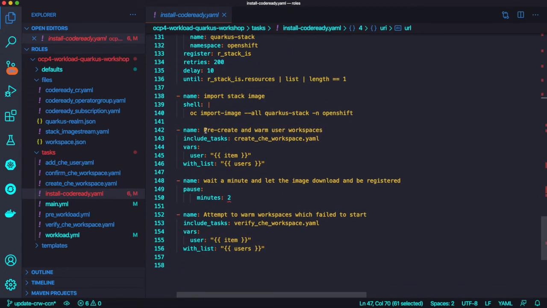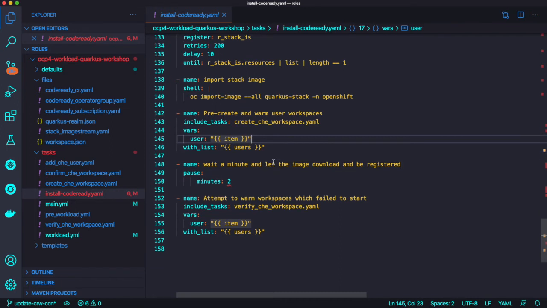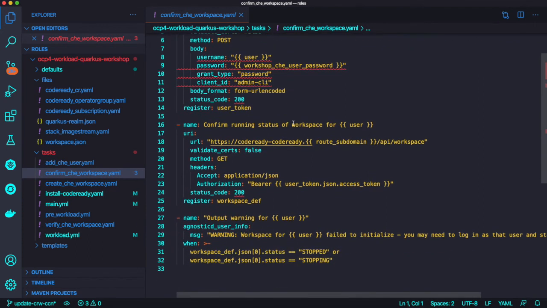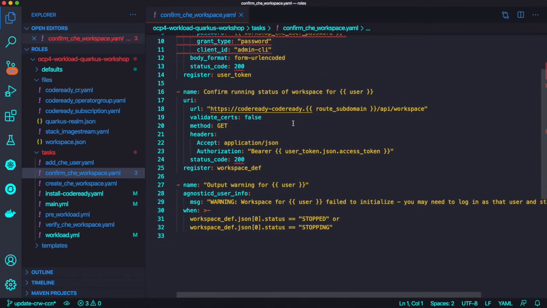And the last step is to pre-create and warm the user workspace that I already mentioned earlier. At the beginning of the workshop, users don't need to wait to spin up their own workshop environment. That's why you definitely need to consider pre-warming and pre-creating a workspace for each user. So we're going to loop here over the number of users, and I'll go to the create-chat workspace YAML file. We're going to use the Keycloak RESTful API to run the workspace, and then I'm going to give you one more